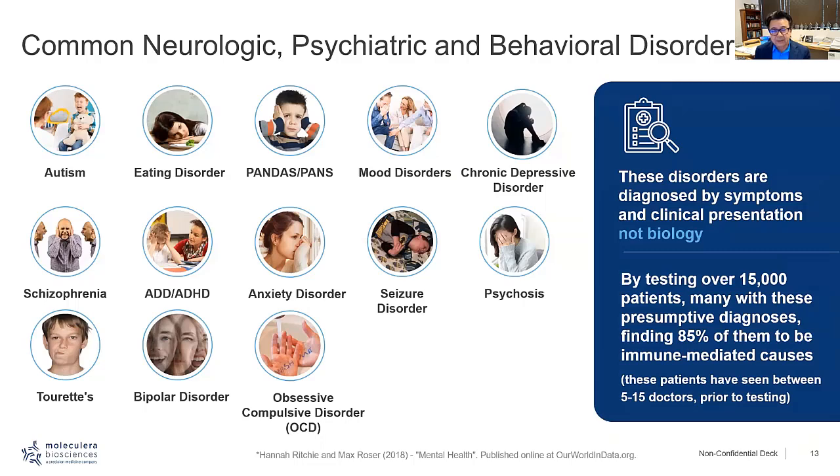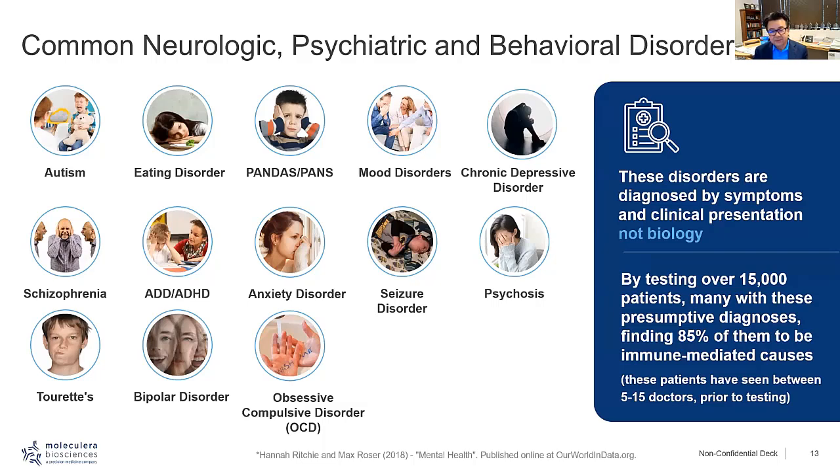So there are common neurologic, psychiatric, and behavioral disorders, such as listed here and in the previous slide. Through testing over 15,000 patients now since we've been open, many of these have had these presumptive diagnoses, and we've found that 85% of those patients that we have tested have been identified as having an immune-mediated cause. Now, does that mean that 85% of all of these disorders are autoimmune? Probably not,